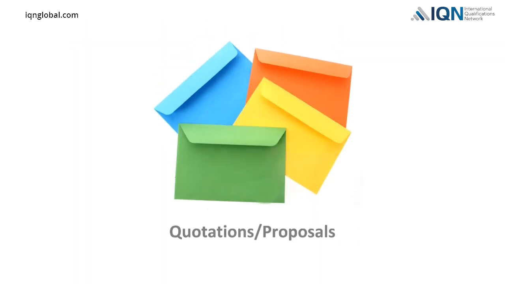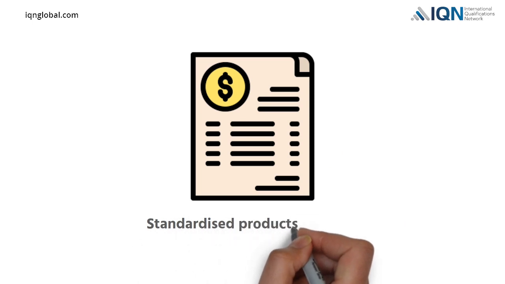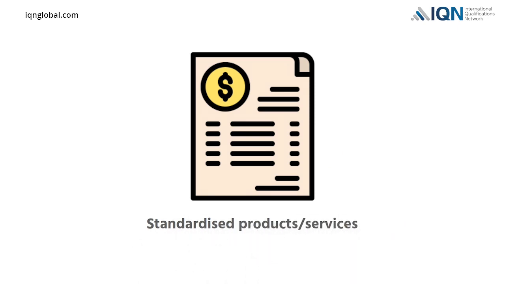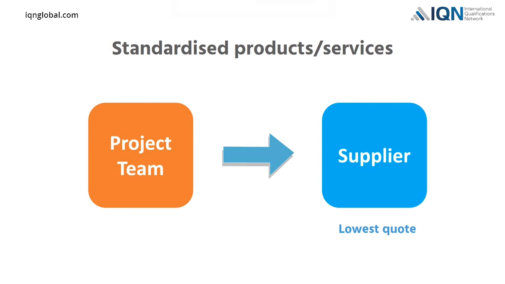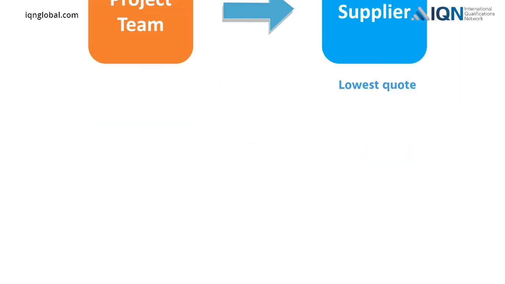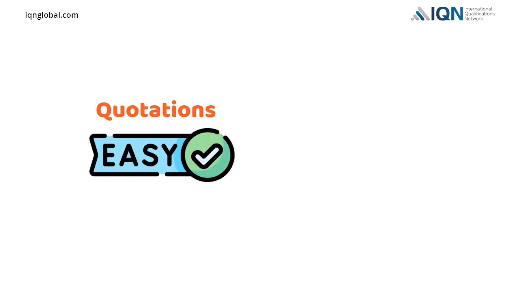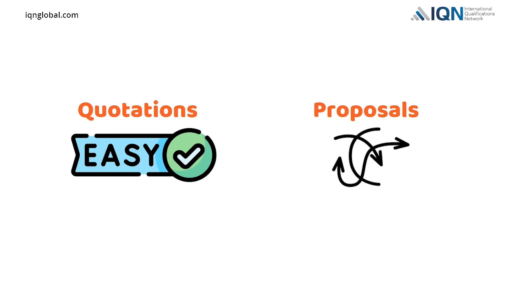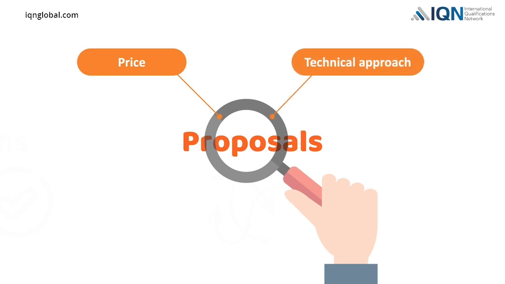After receiving quotations or proposals from different suppliers, the project team will evaluate them. Quotations for standardized products and services can be easily evaluated. For standardized products and services, the project team may give priority to the supplier who has quoted the lowest. Evaluating quotations is often relatively straightforward, but evaluating proposals is more complex. Evaluation of proposals includes not only a comparison of the price, but also a comparison of the technical approach proposed